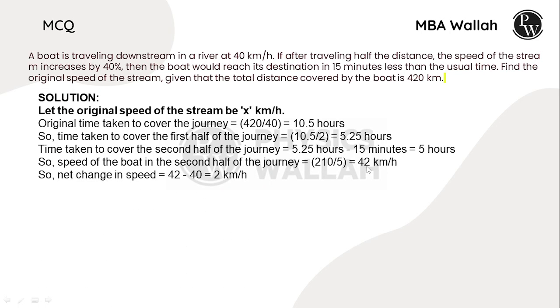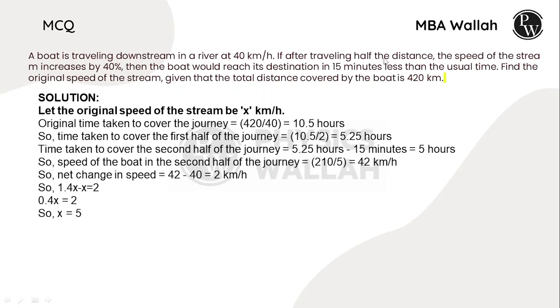So the net change in the speed is, in the second half of the journey it was 42 km per hour, and in the first half of the journey it is given as 40 km per hour. So the net change in the speed is 2 km per hour, the speed is increased in the second half of the journey. So 1.4x minus x equals 2 according to the question here,